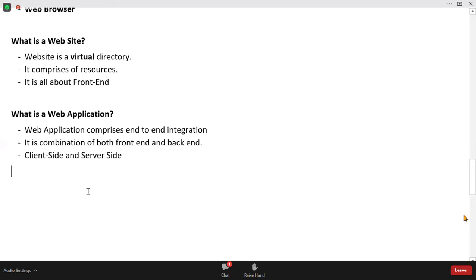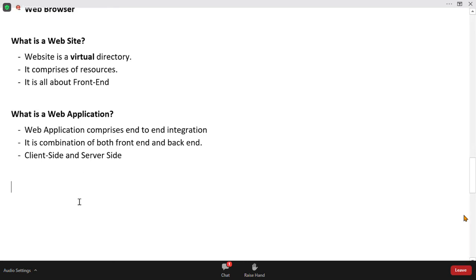So in our full stack development, what are we going to learn, what are we going to discuss? Now you got an idea. Are we going to build a web application or a website? We can build both of them, right? We can build a website, and we can build a web application.